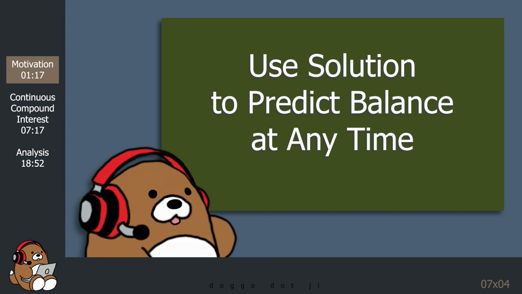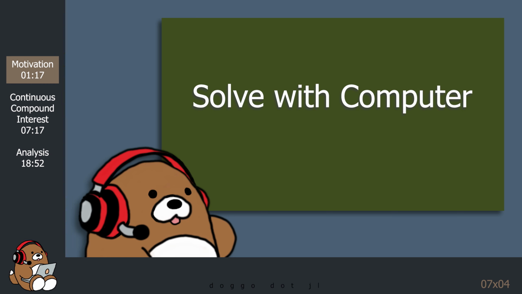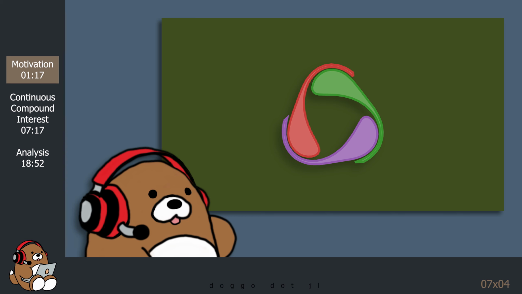So, how do we solve this? Well, we know that it's possible to solve this problem by hand, since Bernoulli solved it by hand back in 1683, long before computers were invented. If you take a differential equations course in school, they'll teach you how to solve differential equations by hand. But we have computers now, so can't we just use computers to solve differential equations? Well, let's find out if we can solve this problem in Julia by using the differentialequations.jl package and Pluto.